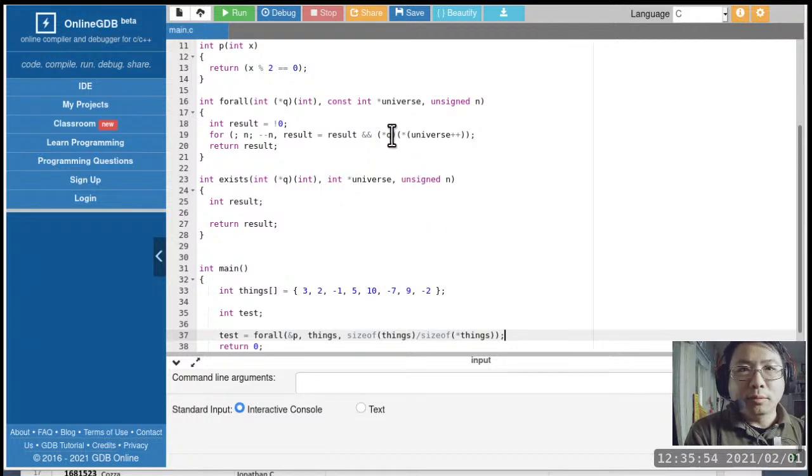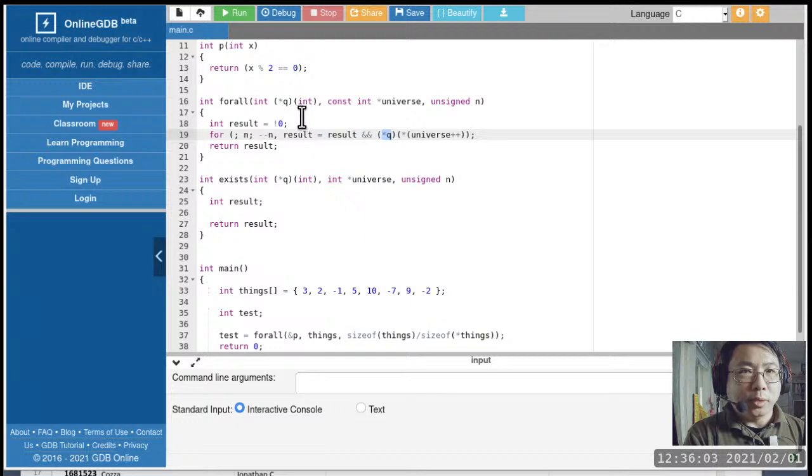Alright, so star q is basically saying whatever function q is pointing to. So we are actually calling the function that q is pointing to. And then this part here is the argument that we are passing to the function that q is pointing to. So this one here, I think you guys really should know this already if you have taken CISP440, because it really is just a combination of post increment and dereference.